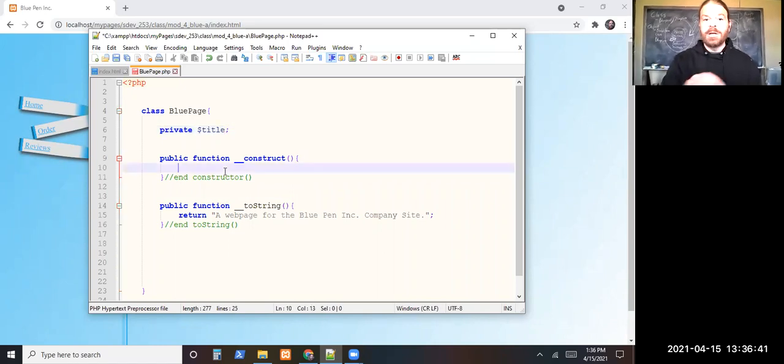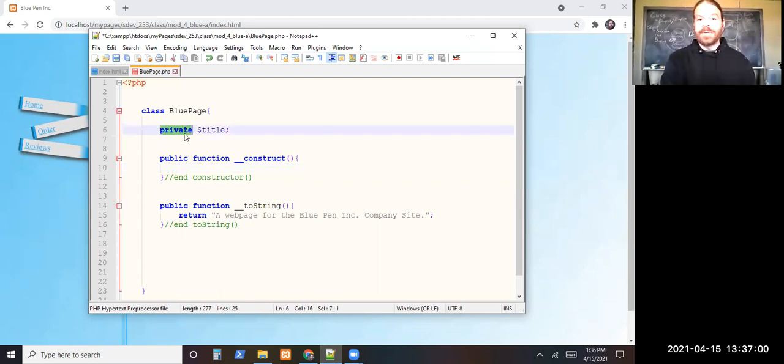And then any values we want to put in them, we do in the constructor. So that's why I went ahead and started with the constructor, because like I said, the empty constructor will be included. It will write the empty constructor if we don't put one. But it's better form to just say we have some private data field representing the title of our site. And then to fill it in,